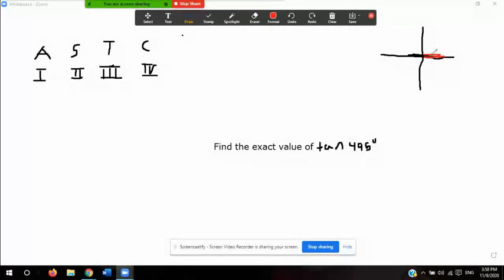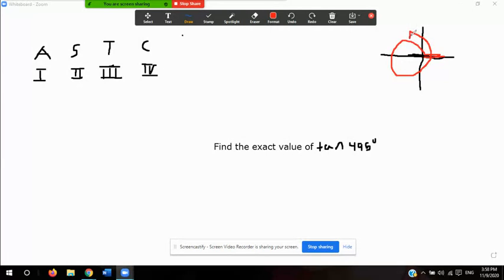So I know that 495 is obviously greater than 360, so that means that this is a full rotation counterclockwise, because it's positive 495 degrees. And I know that 360 is here,